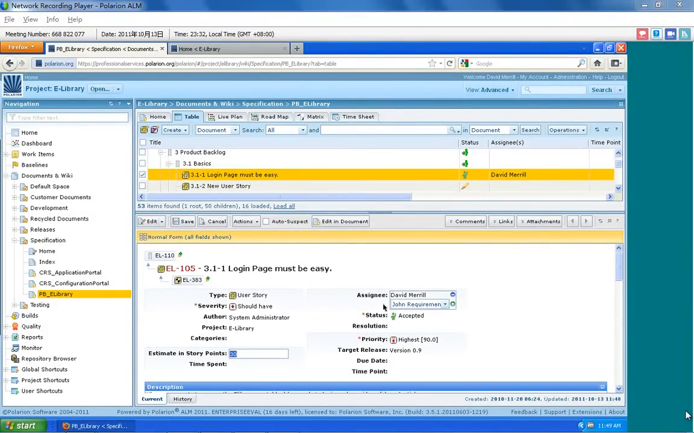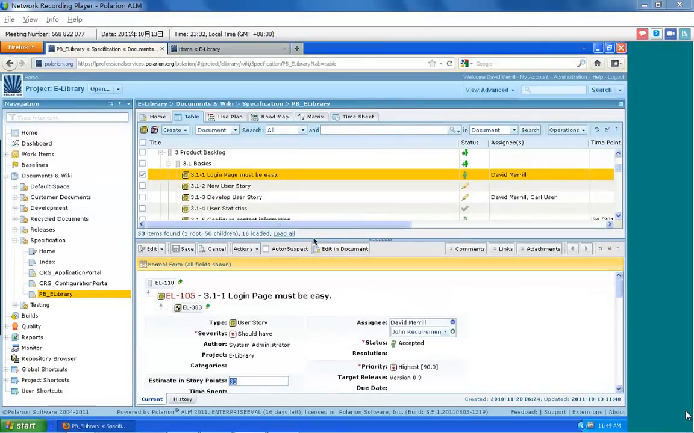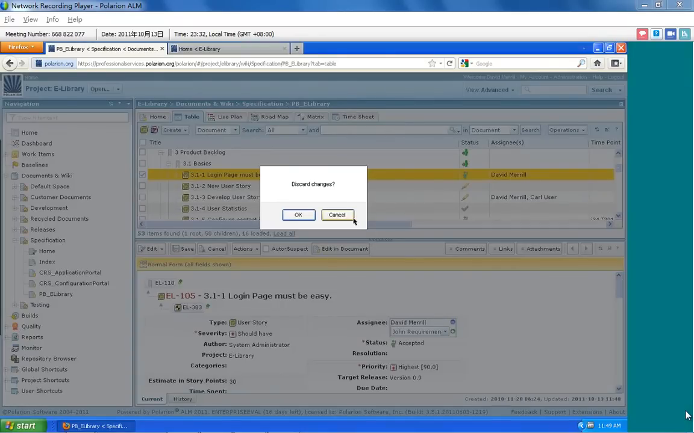One of the questions that we often get is how does this document get into the system originally? And there's a couple of different ways. One is to begin the document from a template, organically, if you will, inside Polarion, but another one is to import the document. So I'd like to show you an example of importing that document